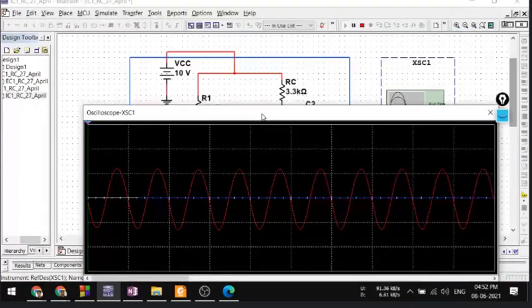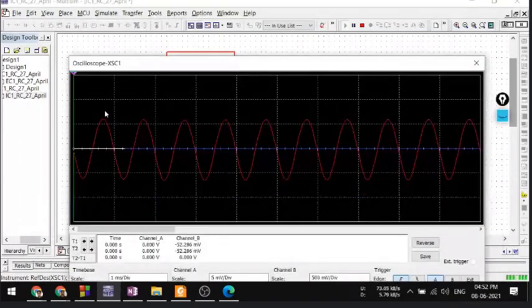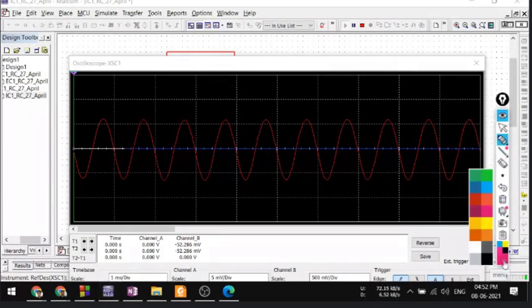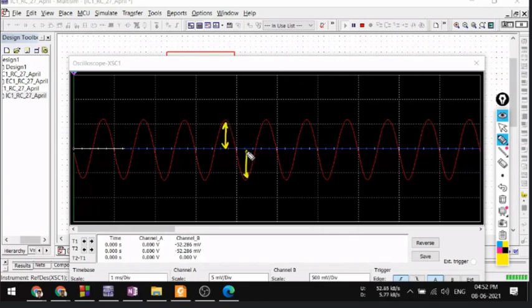In the output, can anybody tell me whether the positive peak is the same as the negative peak or not? Look, this is the height of the positive peak, and this much is the height of the negative peak. It covers one block and slightly more than one block, so approximately the same. Are the positive cycle and negative cycle approximately the same or not?